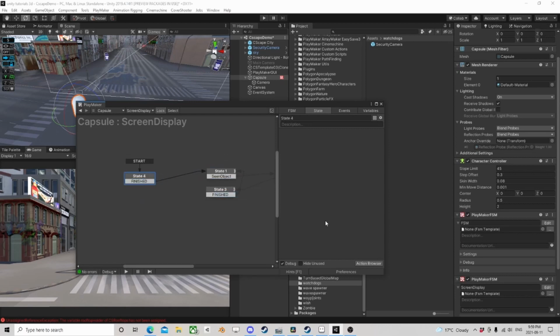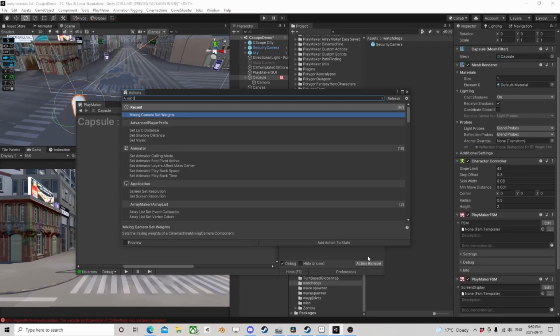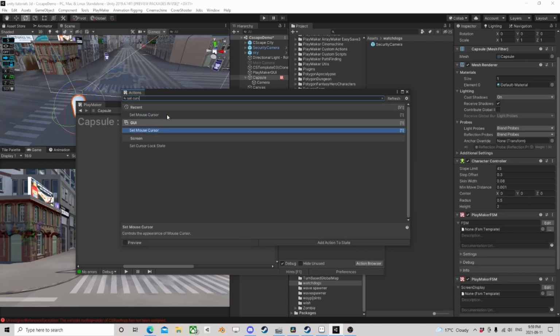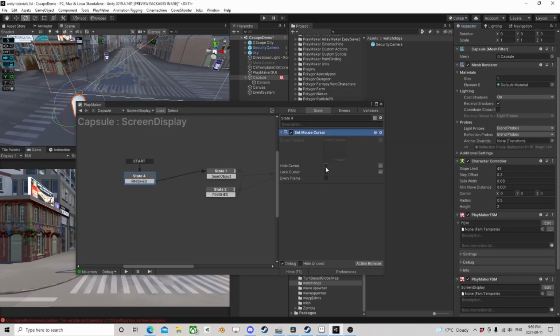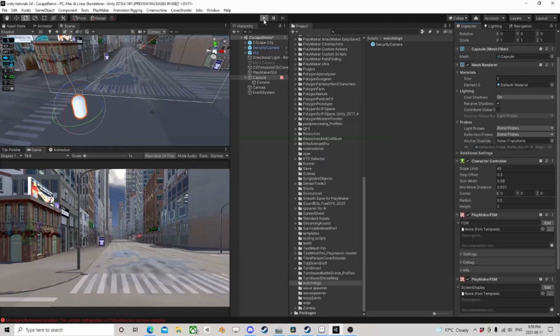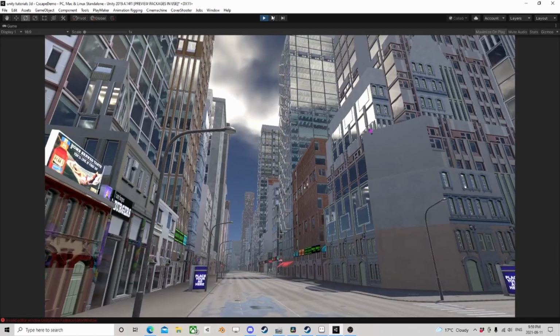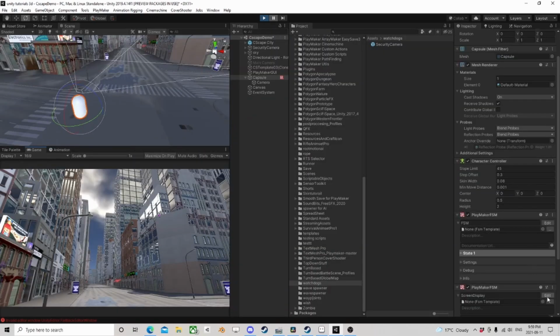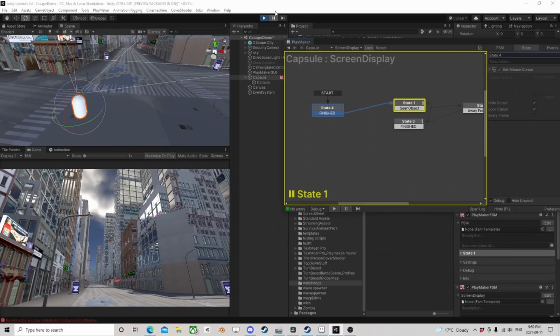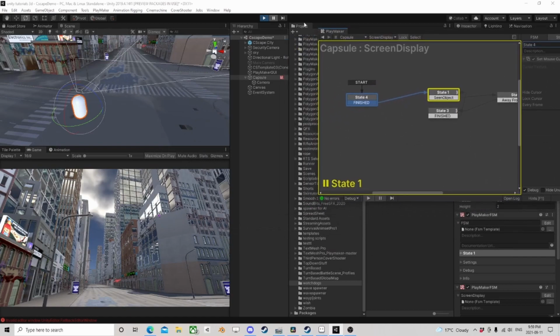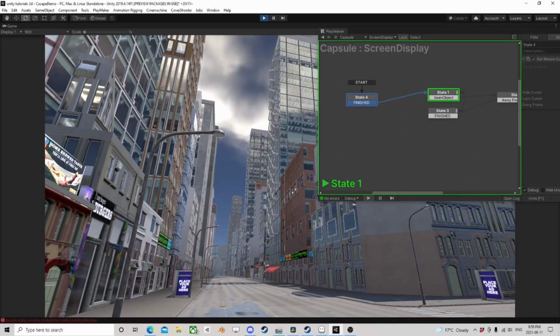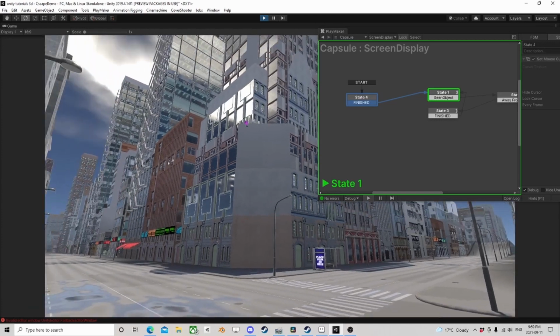All right, so the other thing I think I'll do, just quickly going to go like this, and let's set the cursor. Let's tell it to lock and hide. I totally forgot to bring that FSM up. So let's fix that. Let's go in here, pop this up, make sure we're not covering half of the screen. All right, so now we have